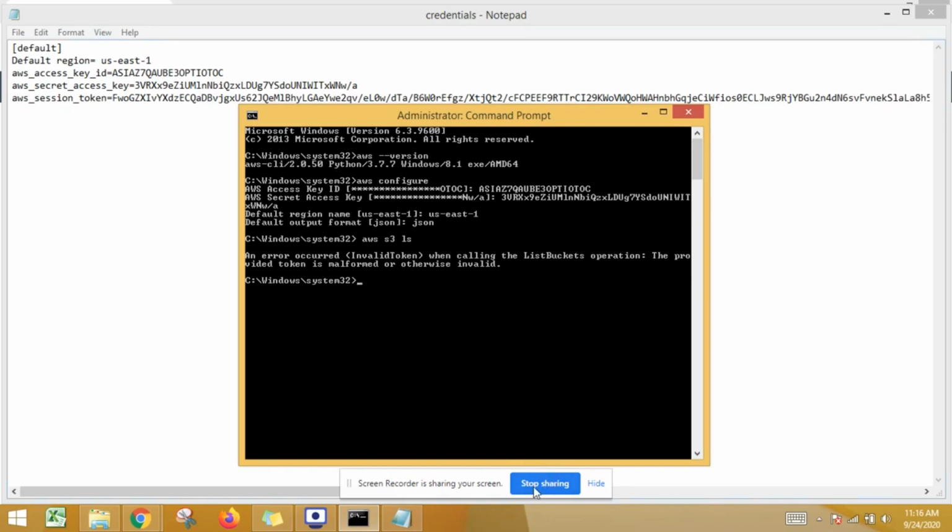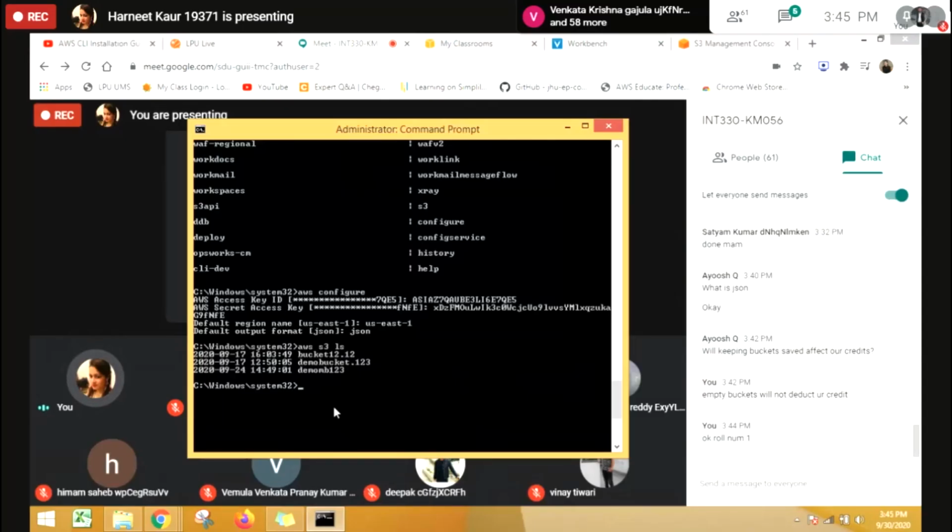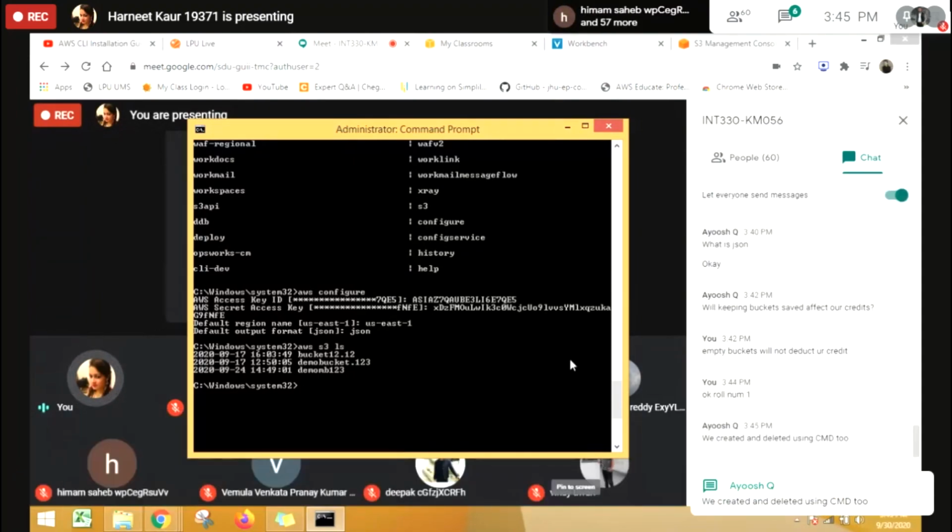Okay, thank you so much for the very first command. The first thing is why we have launched this CLI: our practical is related to creating and managing buckets using the CLI, the command line interface. We have already created a bucket in the management console, right? We know we just have to go to the create bucket option and it will be created automatically. But how can we do that using commands? Today we are going to learn that. So the very first command is related to creation of a bucket.